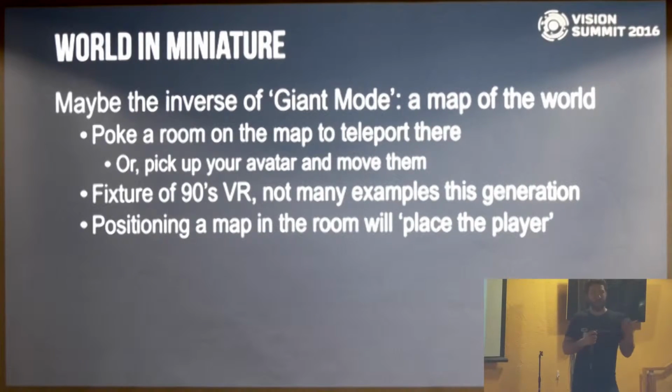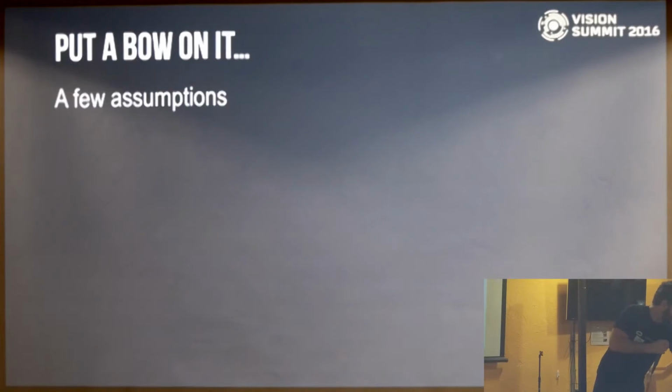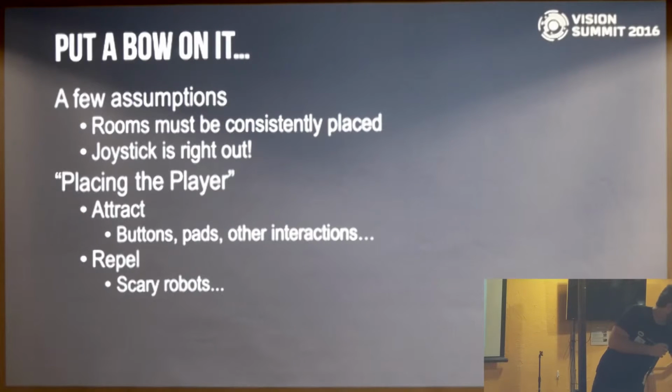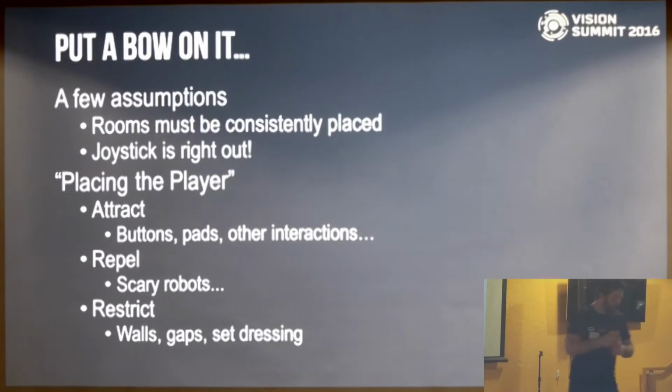The closest example I've seen is Fantastic Contraption. They have this little model of the world. You don't use it for locomotion, so that's why I kind of discounted it here. But it is good for getting a sense of how big gaps are in space. So check that out. So in conclusion, I got a few assumptions in there, which were, no joysticks,